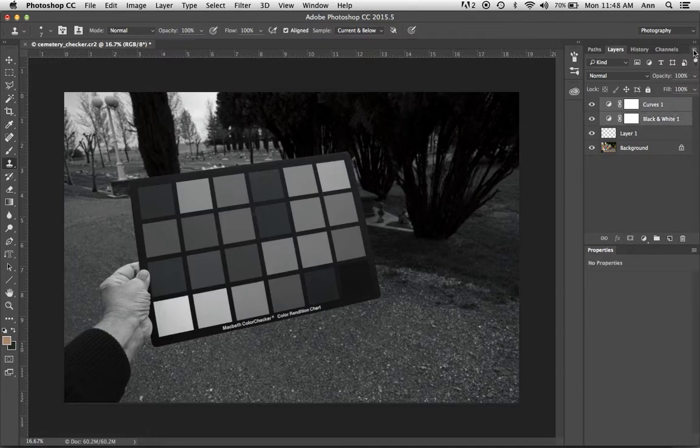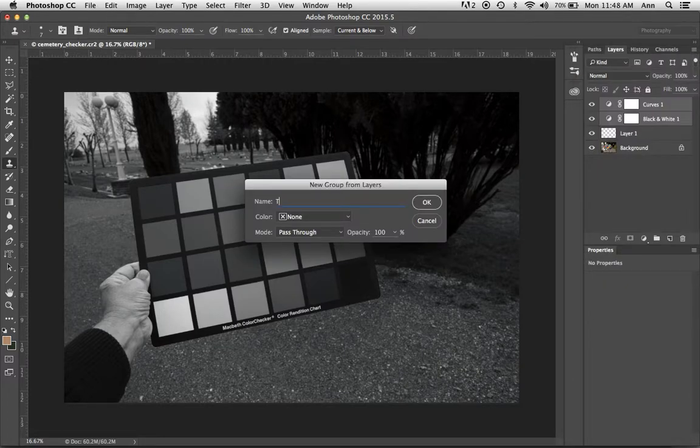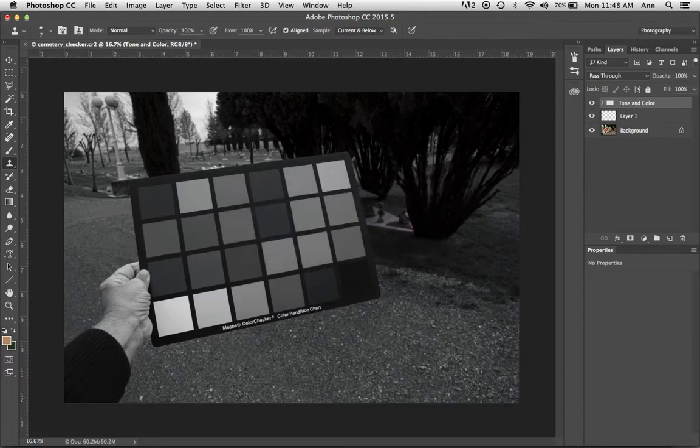I would select both of those, do the little pop-up, new group from layers, and call that tone and color. You could call it whatever you want. You could call it effects. That way all of those are in one area. If I had a bunch of different cloning layers, I would do the same thing. So that's a nice way to organize it.